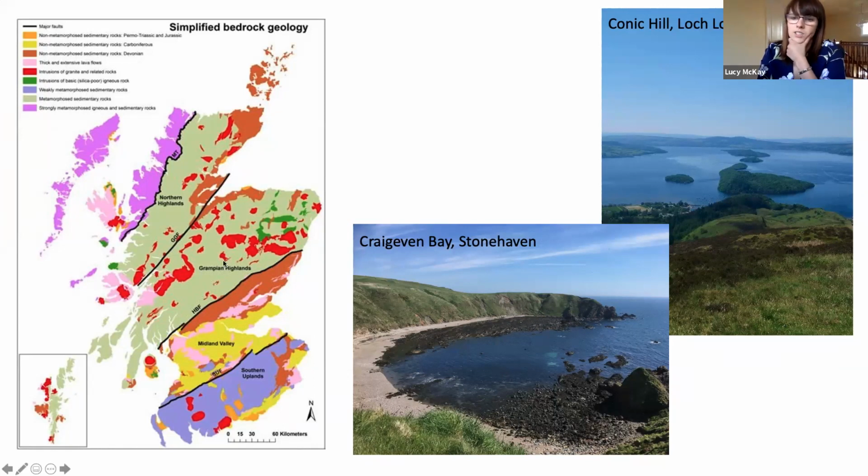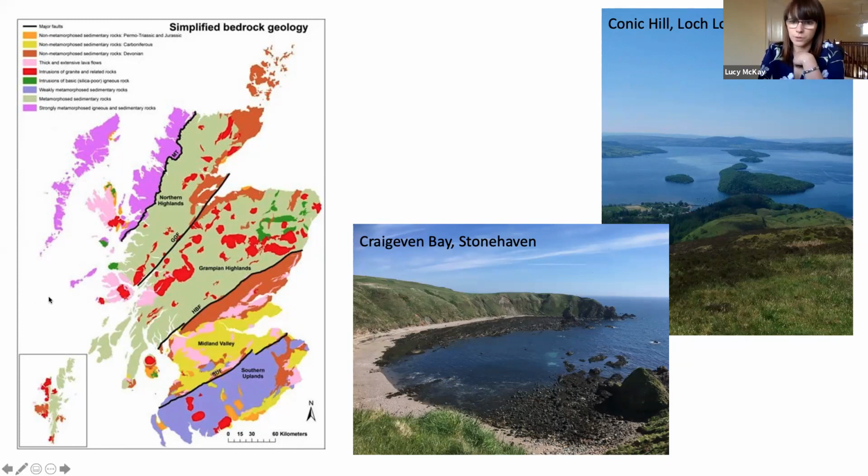As I've mentioned, it separates distinct terranes. On the north you've got the Grampian, which is the Dalradian metamorphic sedimentary rocks, and on the south you've got the Midland Valley